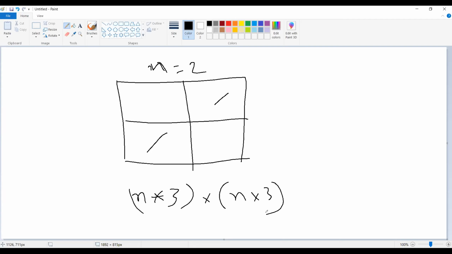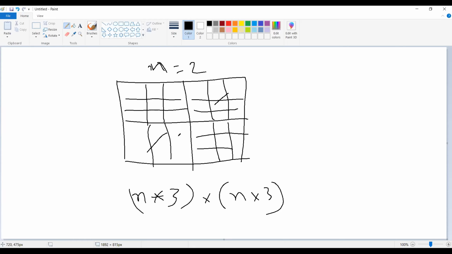Because you actually add a 3 by 3 block for each and every cell. It is going to consume some space. When you have such a slash, you mark this position, this position, this position. So you have all these empty cells over here, and then you can easily run your DFS.